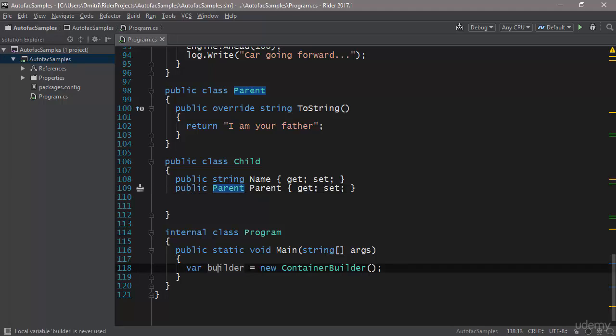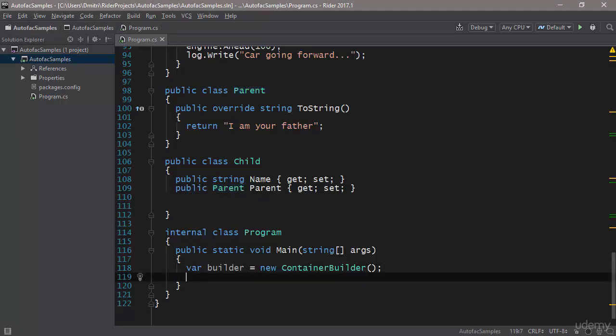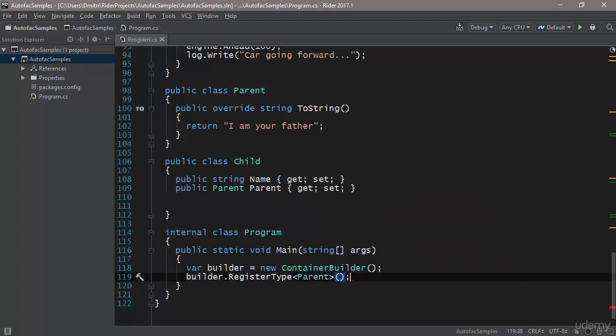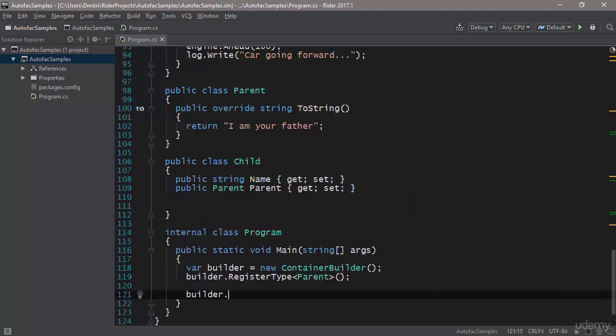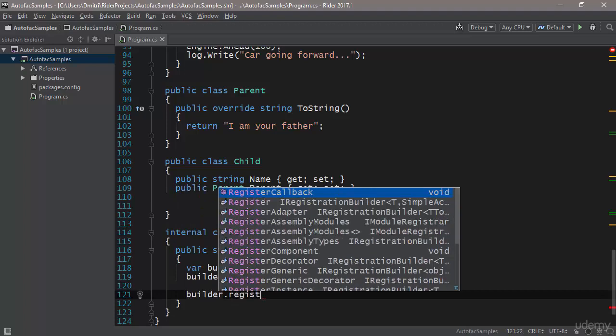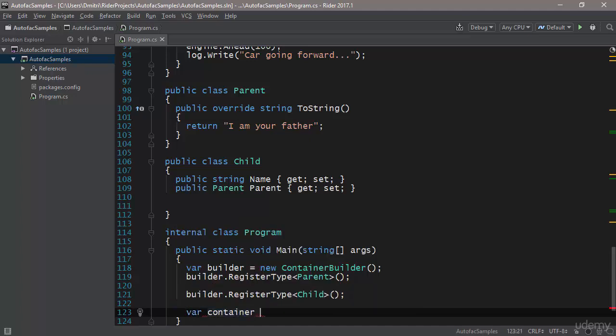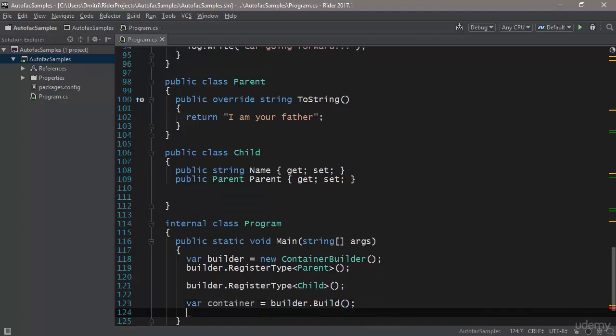First of all, we make the container builder as before, and then we register the Parent. Now the Parent doesn't have any dependencies, so there is no problem here. The problem is with registering the Child, because unfortunately if we do decide to register type Child like this, what's going to happen is we're not going to be able to get the child's parent, meaning that, for example, if I were to say var container equals builder.Build, and then I go ahead and I resolve the Child,